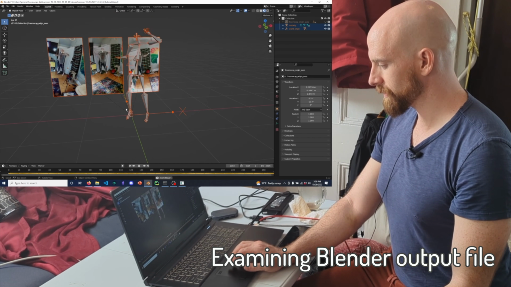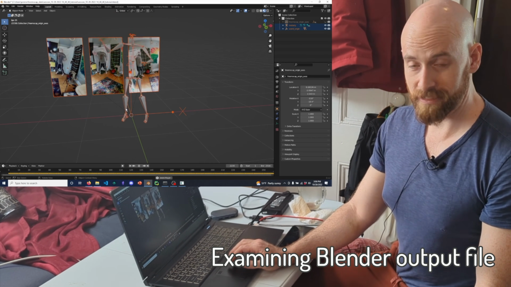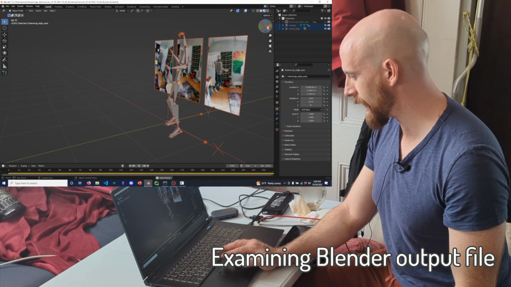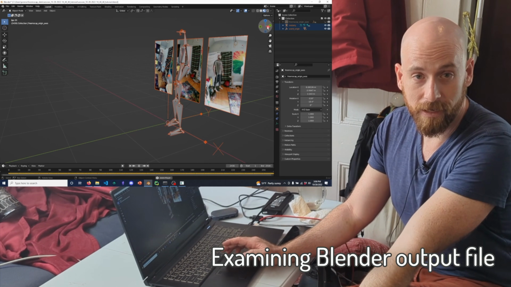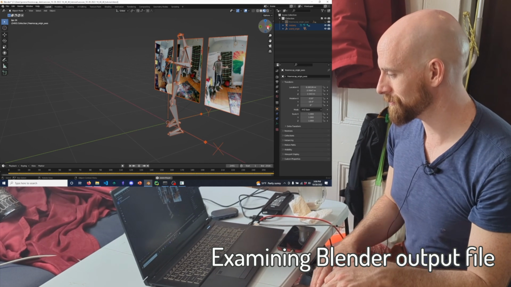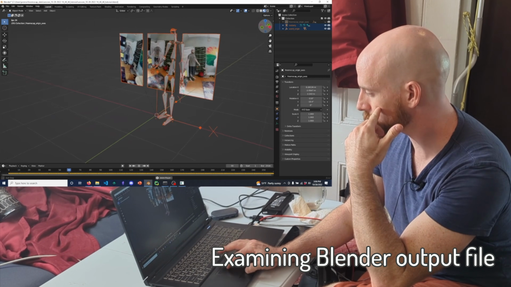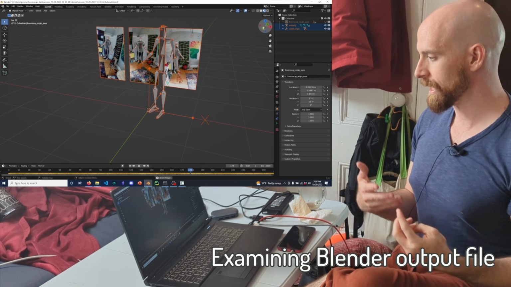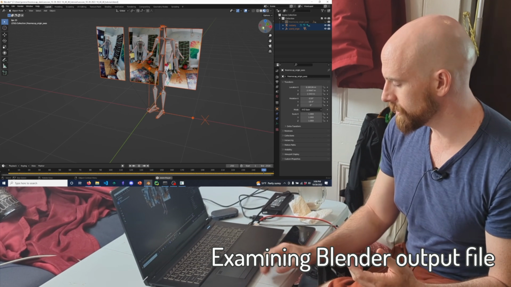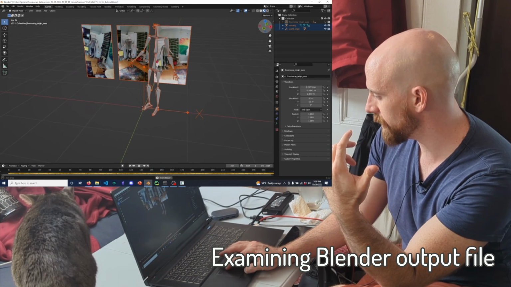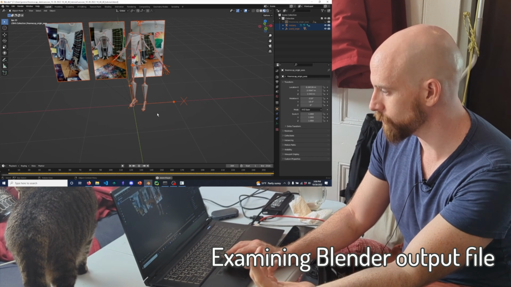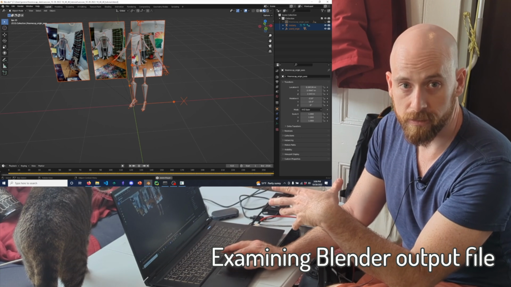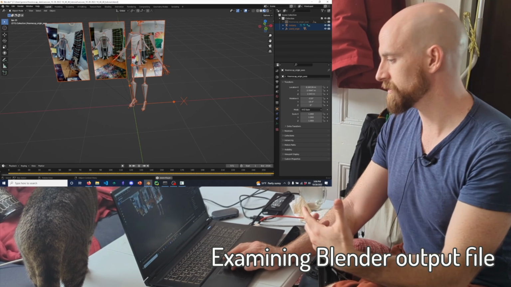So this is the automatic Blender output. It is not perfect by any means, but it's not a bad place to start. It's something that we're actively working on to improve. I'm not an animator, I'm a neuroscientist, so this was me kind of trying to figure out how to script Blender to make an armature that resembles the kind of thing that animators and game designers can use. And we're currently iterating on that process and also working with animators who are part of the FreeMoCap community to create a better output that will more easily attach to meshes and things of that nature.